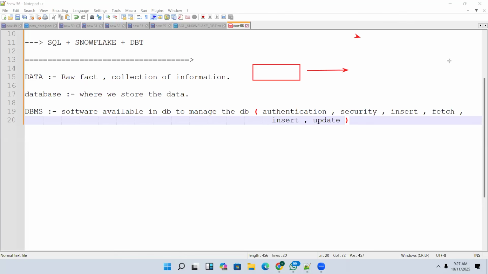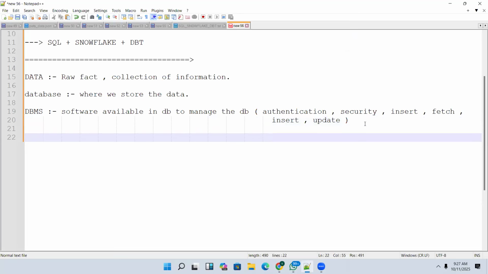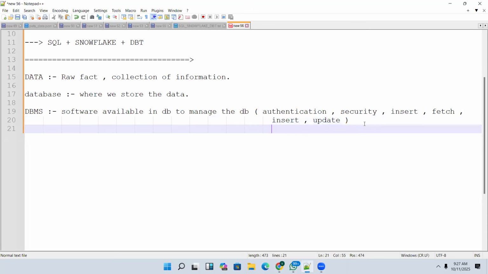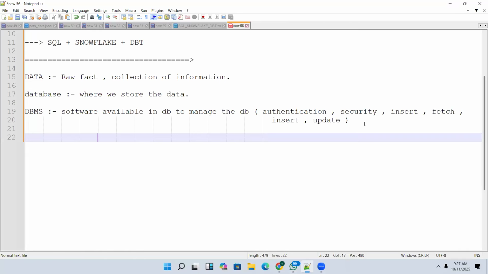There is one more word, guys, you need to understand. RDBMS. What is the difference between DBMS and RDBMS? In DBMS, data will be stored in different forms, but in RDBMS, it will be stored in a tabular form.